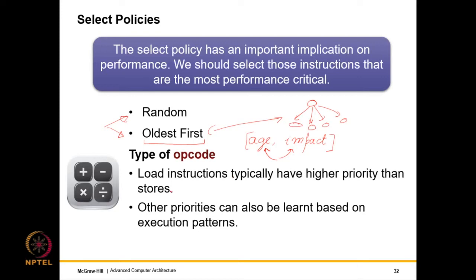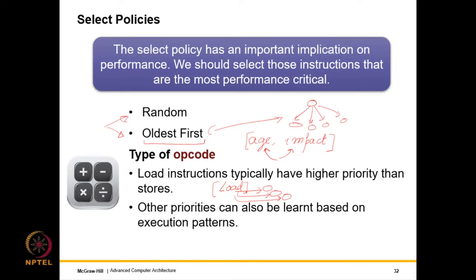Otherwise, it's kind of rare that we would write to memory and read it back in general code. But in general, for a load instruction, it's on a critical path because the sooner its value comes back, many more instructions might be dependent on the value that the load brings from memory. So many a time it is seen that load instructions are way more critical, and thus if we have to give a priority, we should give a priority to a load as compared to a store.